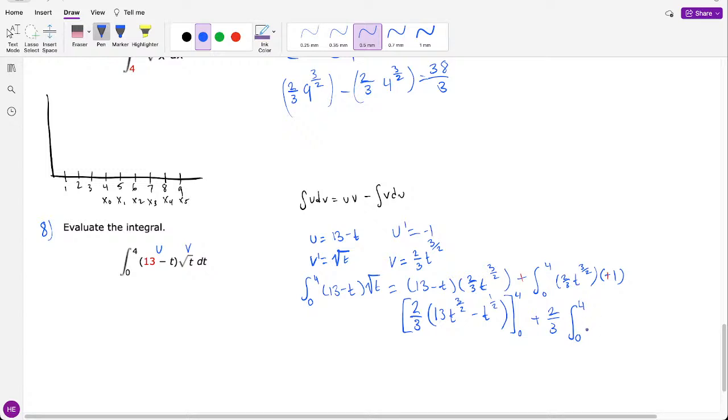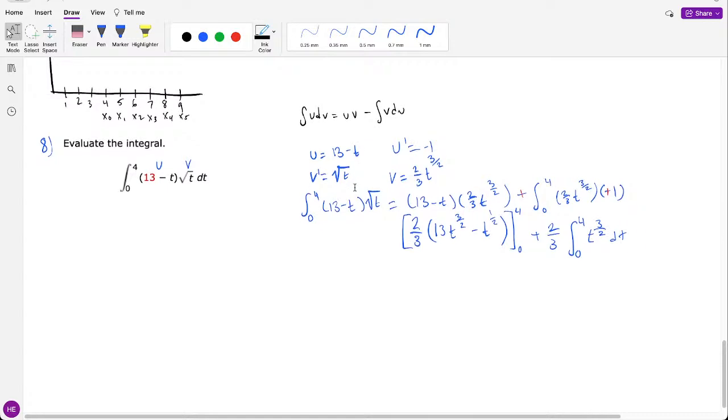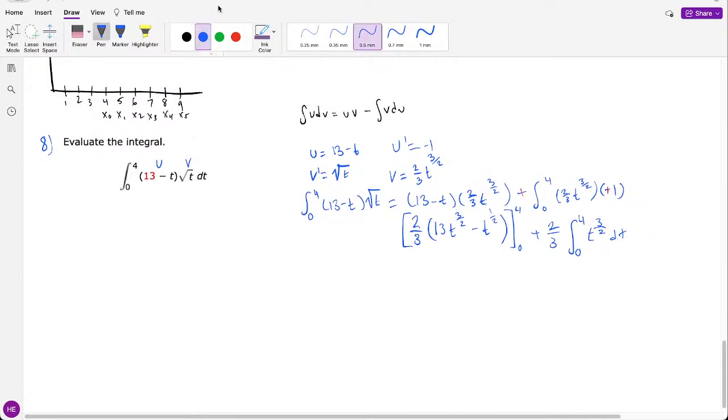I'm so used to saying integral, but I guess that's not accurate. Whatever. Okay, and then we can do what we did here. I'm going to switch to green to do that. So we'll have